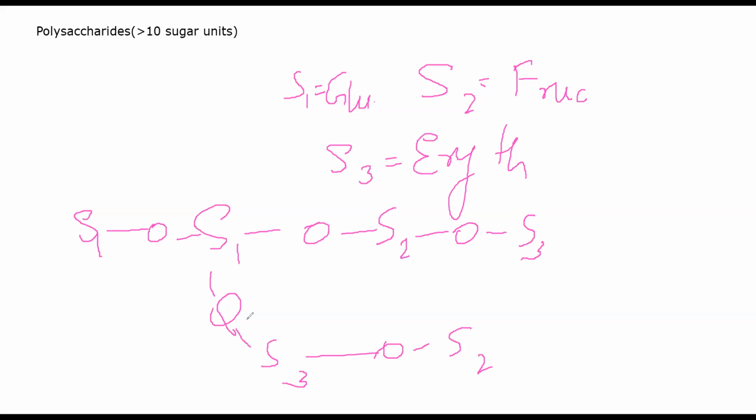So the simplest way of understanding a homo and a heteropolysaccharide is this: if you take a homopolysaccharide and break the glycosidic linkage, you will get the same sugar units. Whereas in a heteropolysaccharide, if you break it down, you will get different sugar units. That is the basic difference between them. Now coming to the first homopolysaccharide, glycogen, this is called animal starch. It is mostly present in animals.